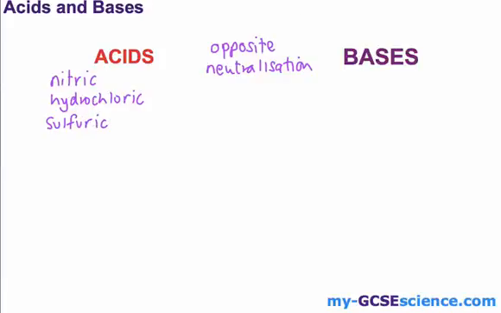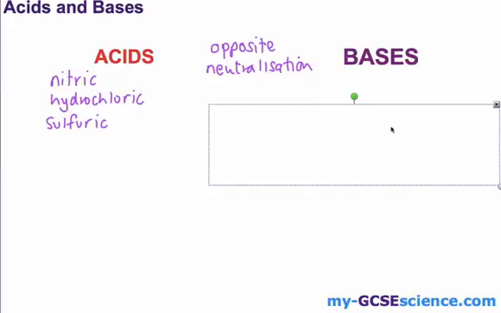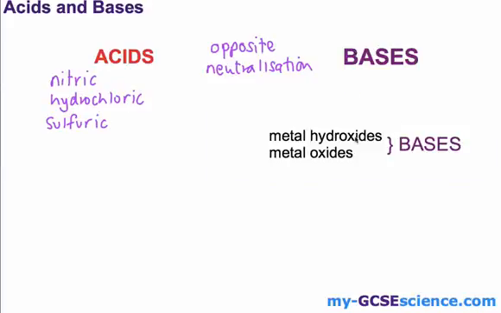In terms of bases, what do we mean by bases? Well, all metal hydroxides are bases and all metal oxides are bases. So an example we could give, or something that we've come across for metal oxide, is iron oxide, and another one we've worked with is copper oxide, and these are bases. Now sometimes bases can dissolve in water,